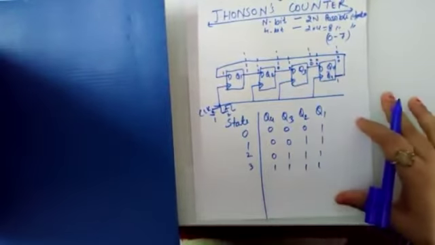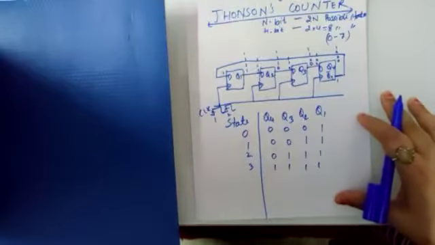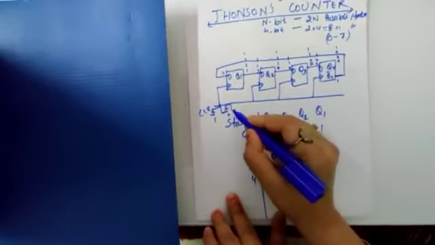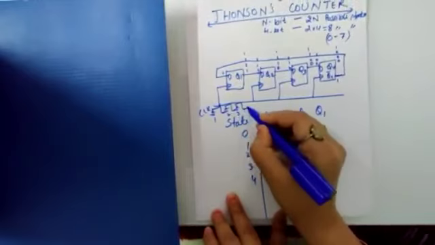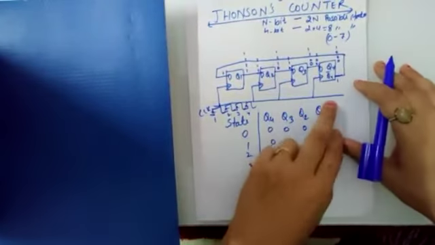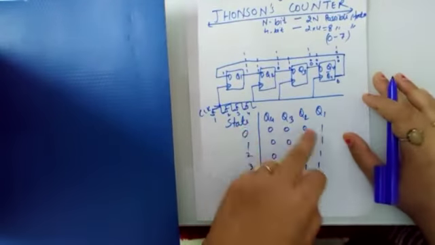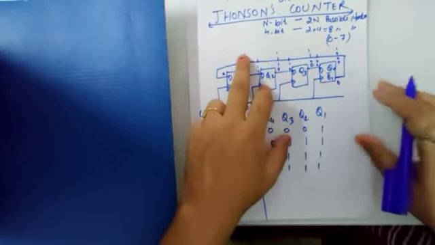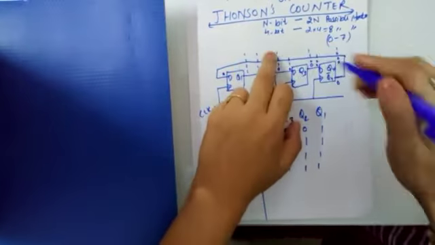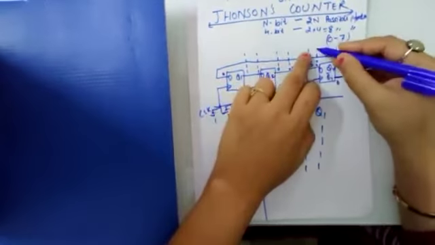After applying the third clock pulse, all the inputs are 1. Now we apply the fourth clock cycle, but again we have to get ready with the inputs. Q4 is 1, so this time Q4 bar is 0. So this 0 is fed back here, and this 1 is the input for Q2, 1 input for Q3, 1 input for Q4.